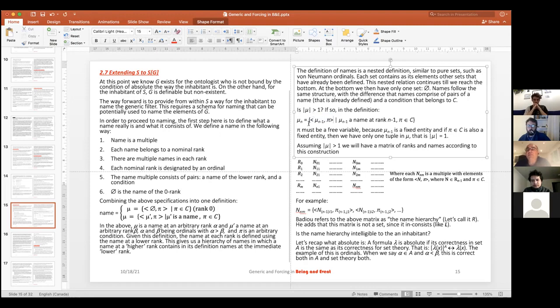If each name has more than one of these elements, then pi must be a free variable, because pi at n-1 is a fixed entity, and if pi equal to C is also a fixed entity, then you have only one tuple in pi, which makes the size of pi equal to 1. Now, assuming that pi is greater than 1, which I think is the correct assumption,